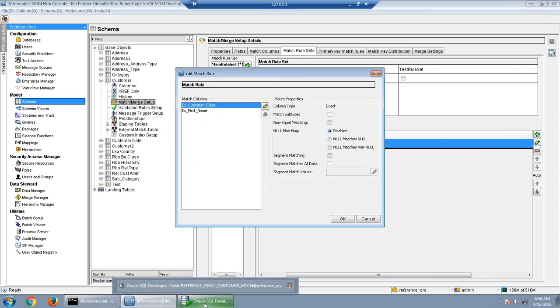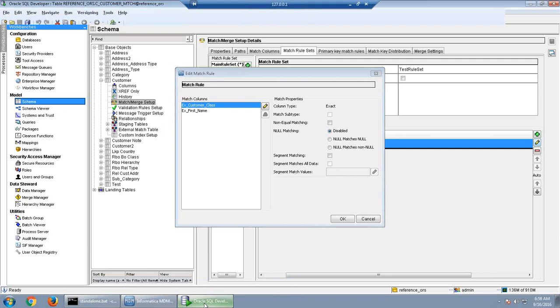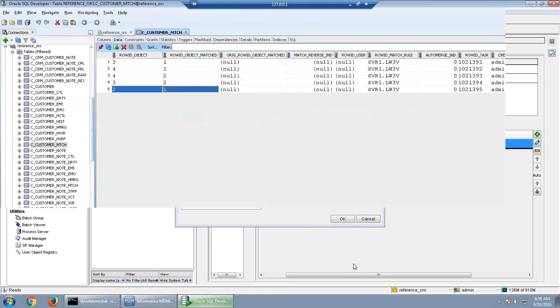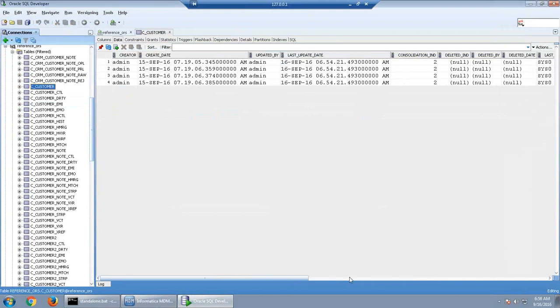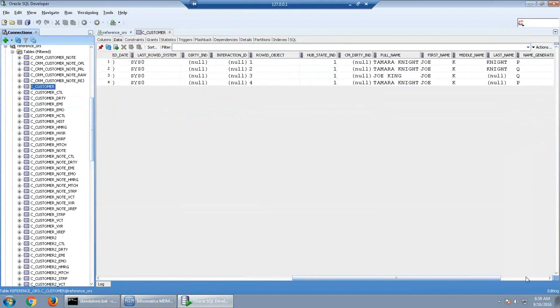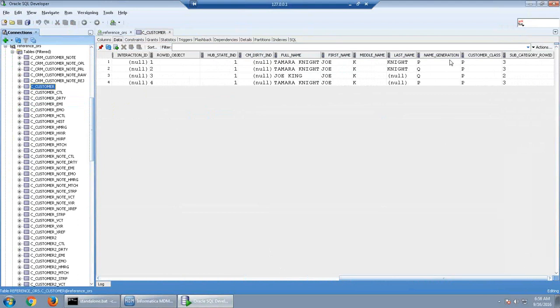We will go to the customer class and see what the values are there. Customer class is basically P everywhere, and there is a name generation column which is P and Q. So we'll take the name generation column, which is P and Q, and say that segment matches value P. So it will try to match only the P records, not the Q records.